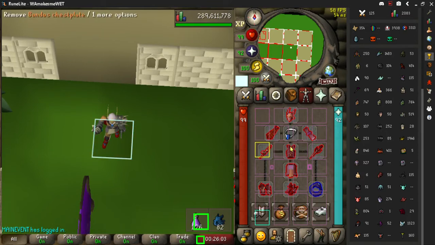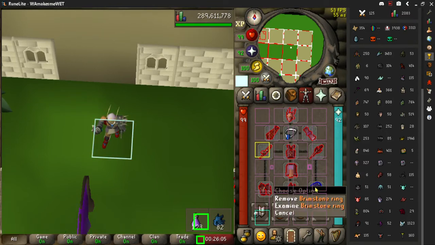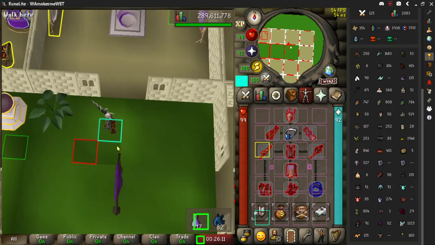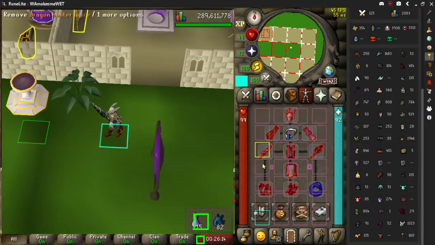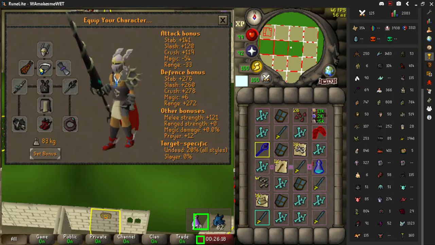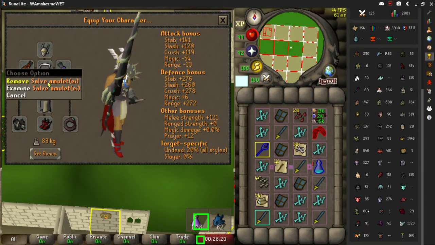If you don't have an Infernal Cape, then you want to use a B-Ring Eye, and you can try and research and do calcs. I don't know exactly what the best gear for you is. That's what you'll have to find out, but this is the best gear you can have. I think the Salve EI is good